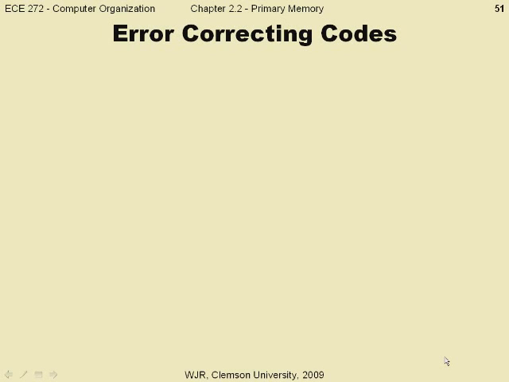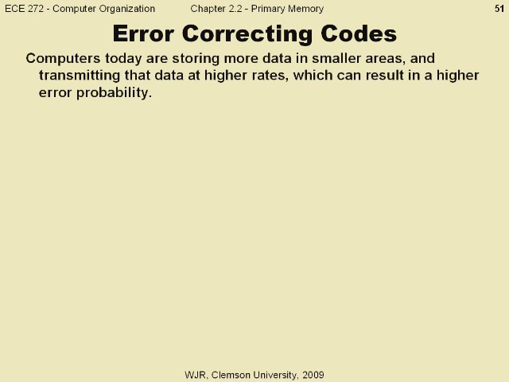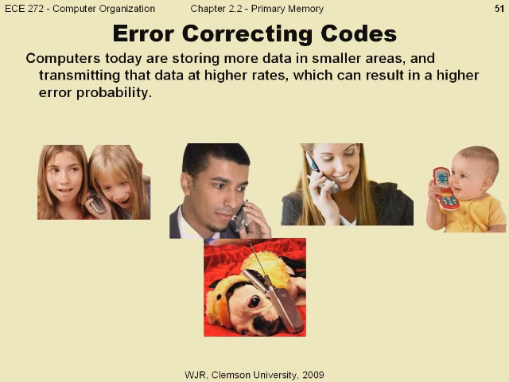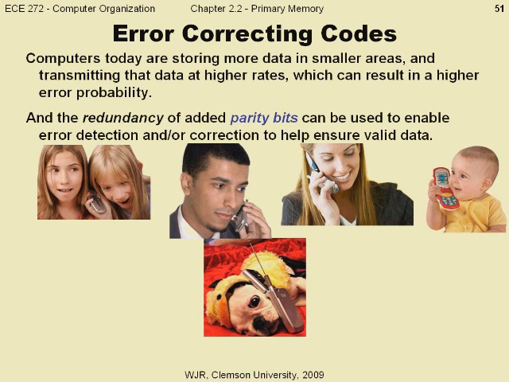Yes, we do live in the information age, and this information is being stored in tighter and tighter spaces and being transmitted at higher and higher rates with more and more interference. So error correcting or detecting codes are becoming more and more important today. And as I briefly discussed in digital logic class, adding redundancy via parity bits can allow us to perform error